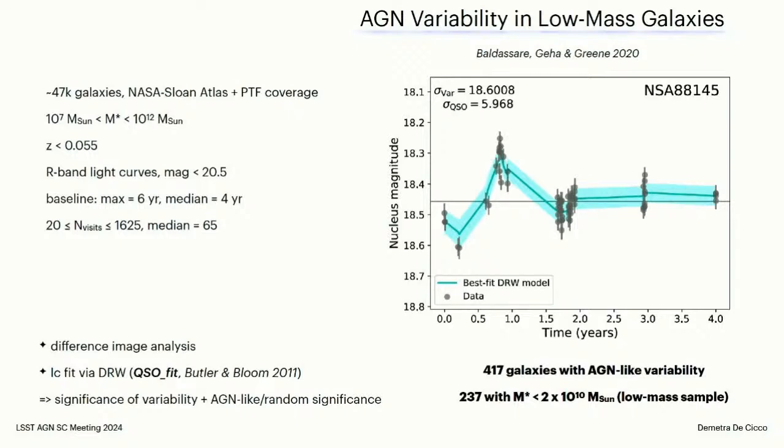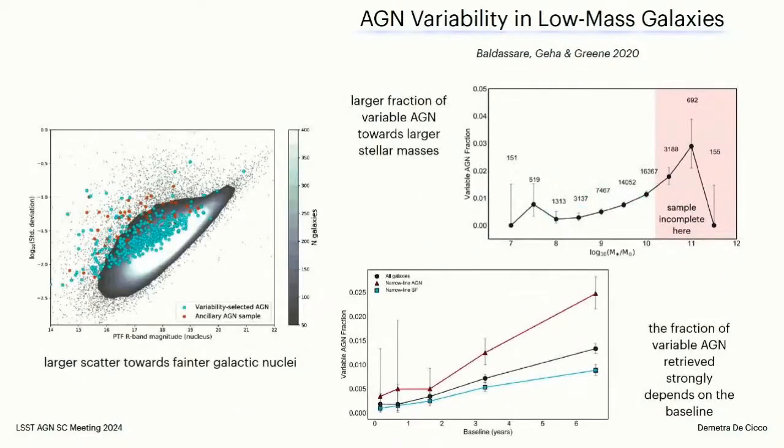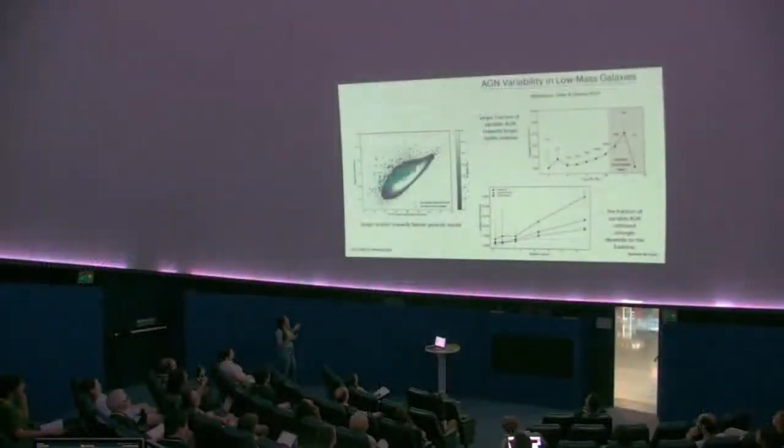And so in this sample, they found interesting stuff. First of all, they see that the RMS, so the standard deviation of the light curves, is larger as the nuclear magnitude gets fainter, okay, which we generally observe. Also, they see that the fraction of variable AGN increases with stellar mass. There are some incompleteness issues here, and